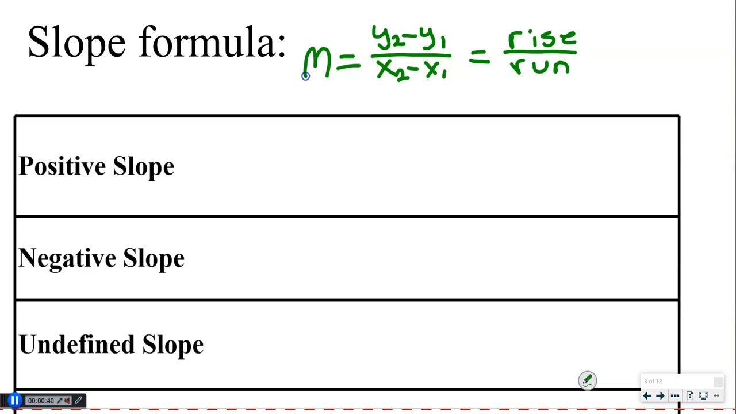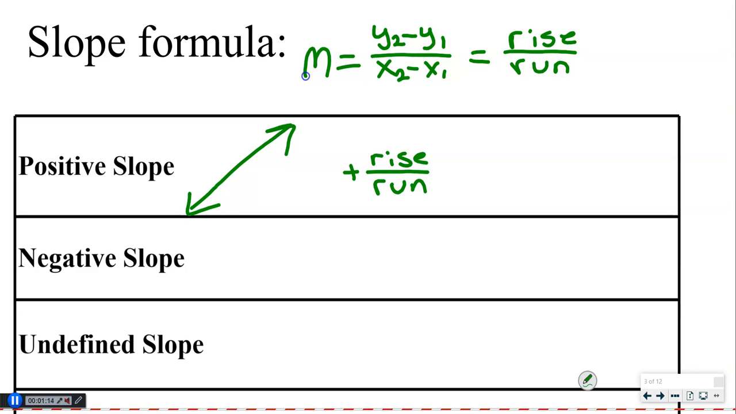Rise over run is simply the change in your y values and the change in your x values. Run is the change in x values, rise is the change in y's. So a positive slope, if we graph it, is going to look something like this. It's going to start at the bottom left and move up toward the right. And that would be from a positive rise over run,